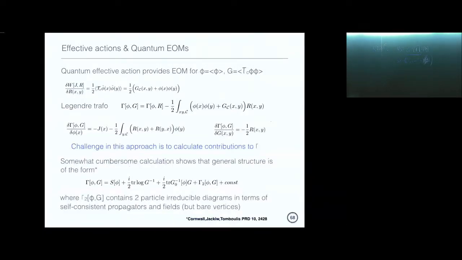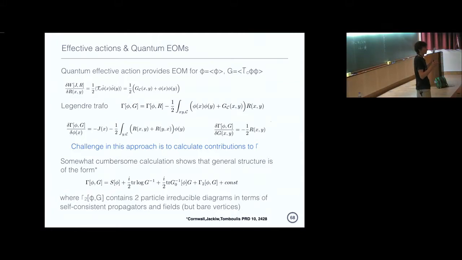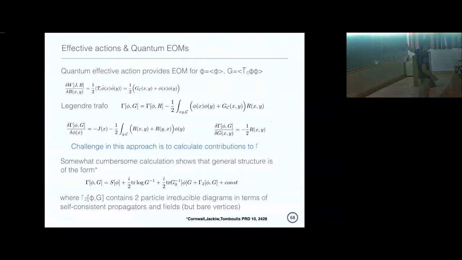But both are time-ordered products of those phi's, right? No. G0 inverse is not a time-ordered product of any phi or something like this. That's just a mathematical object that appears in our classical action. And so usually what we would do in a standard perturbative expansion, we would say that, well, time-ordered products of our fields should to first order be approximated by essentially the inverse of this.